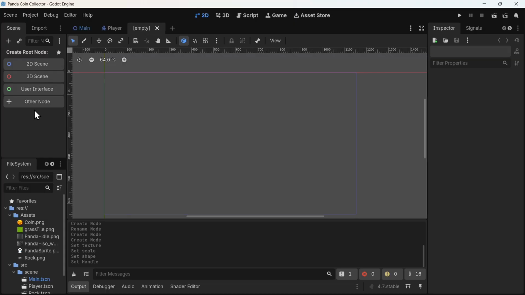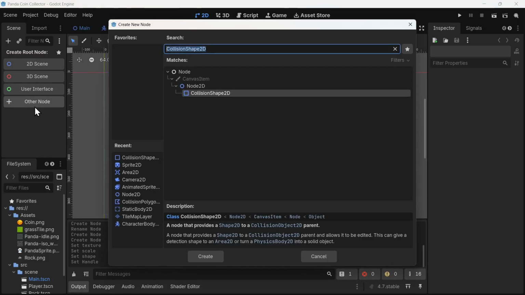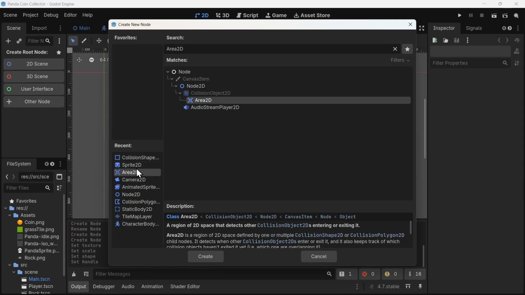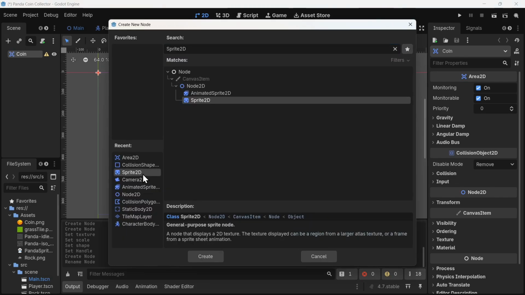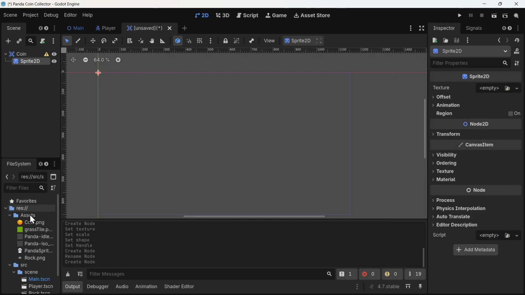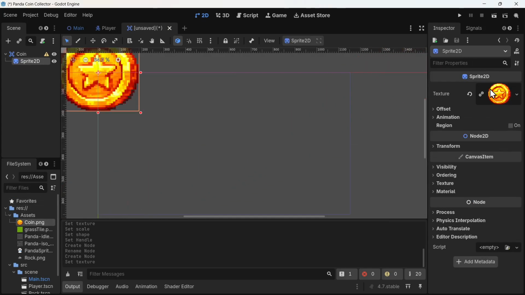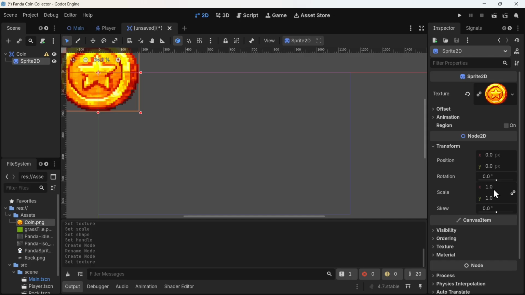Unlike the player, the coin doesn't move on its own, it only needs to be detected when something enters it. So I'm going to use an Area2D node for this as it makes the perfect candidate for our requirement. Then I'd rename it to coin. I would add a texture to it, Sprite2D. I would give a coin texture to it, change its transforms as per my needs,